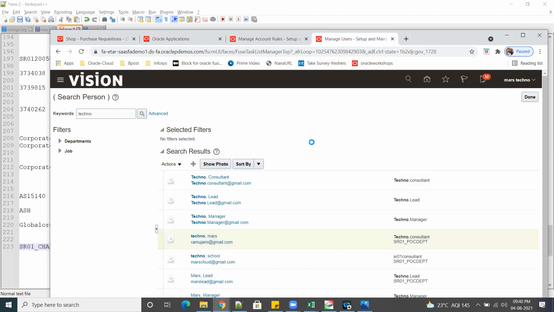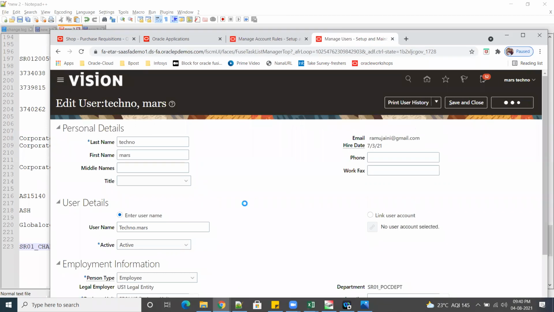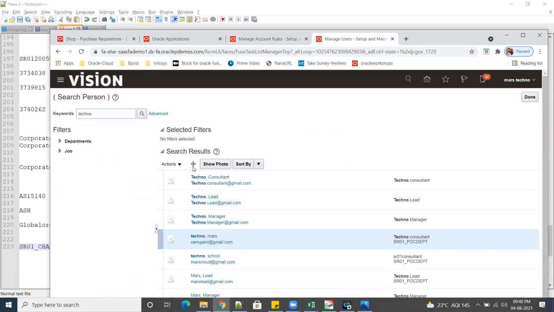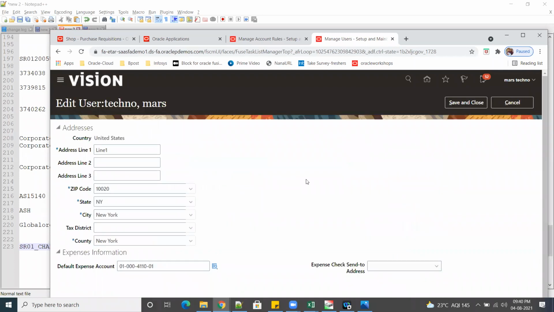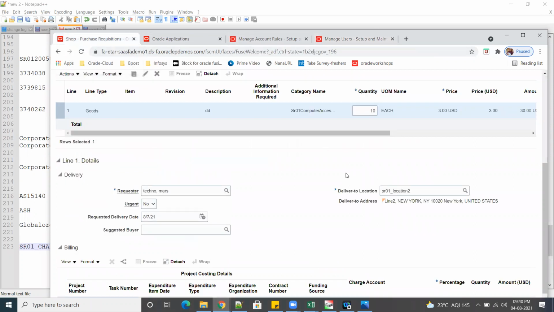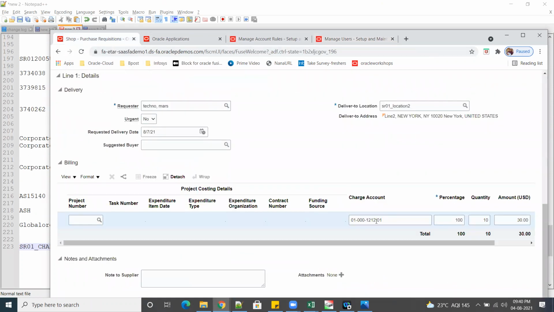Go to actions, expense information. Now this is the 4110, right? So this third segment is the account, right? So this account, if we see in the purchasing, will overlap with our accounting rule.